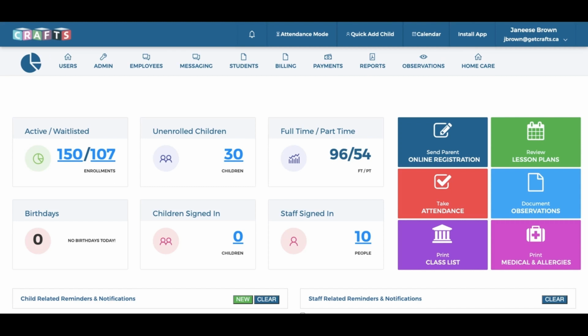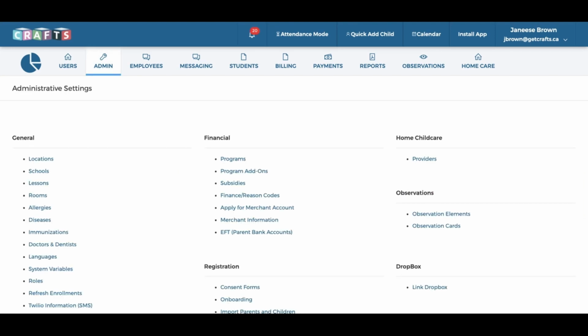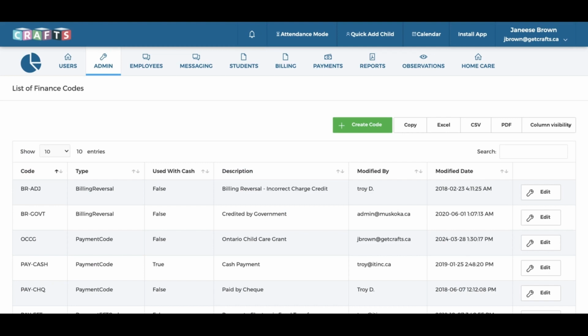financial transactions. To manage your financial codes, log into CRAFTS, go to the Admin menu and select Finance Reason Codes under the Financial section. You'll then be redirected to a page that lists all of your center's financial codes. To edit a code, change its description, its transaction type, or its status from active to inactive, select the Edit